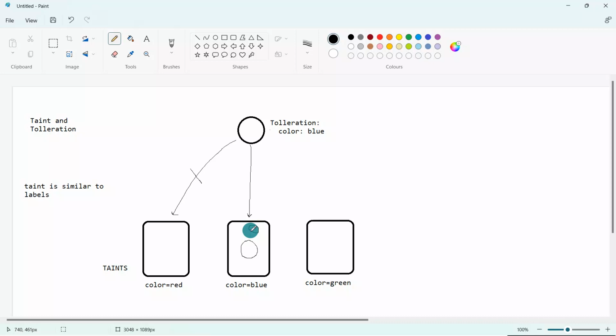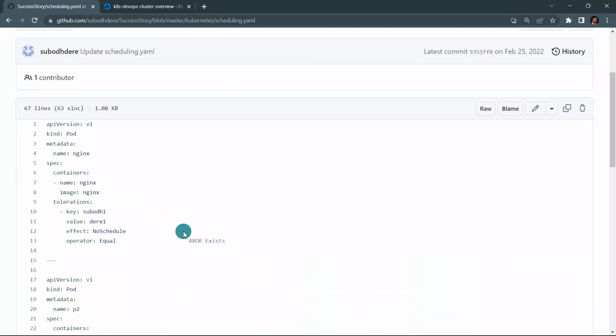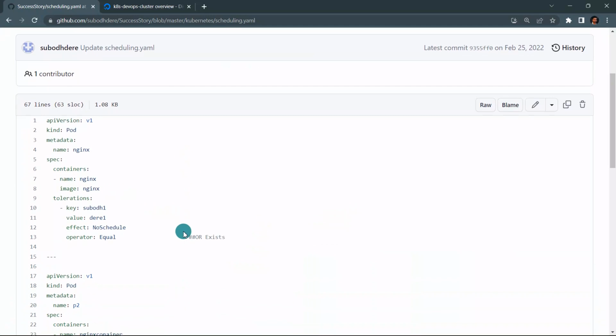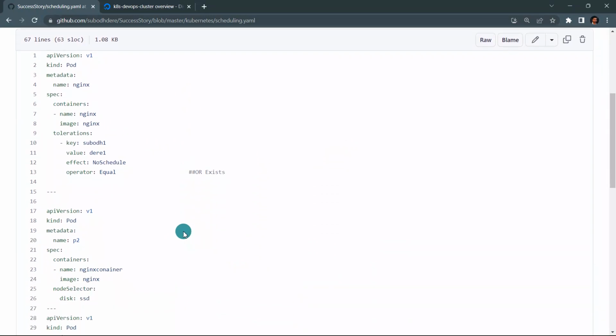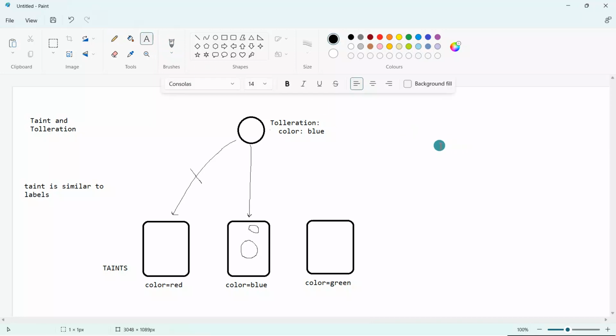And there are three conditions that are along with a taint. Okay, which all three conditions are provided in taint and toleration. This is kind of a destructive behavior. Okay, I'll show you. You can say condition or you can say effect. One effect is like NoSchedule. Let's say color equal to red